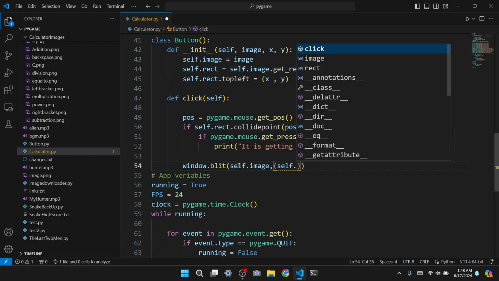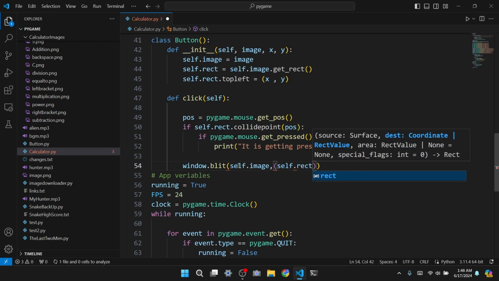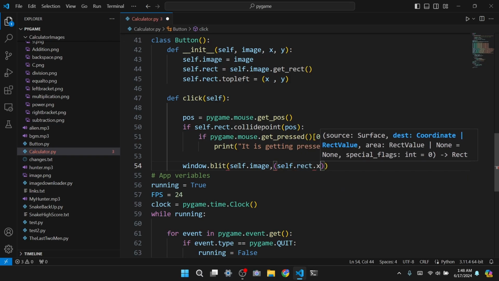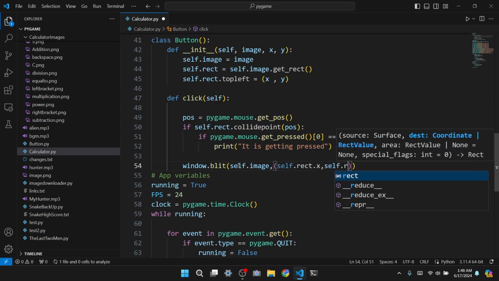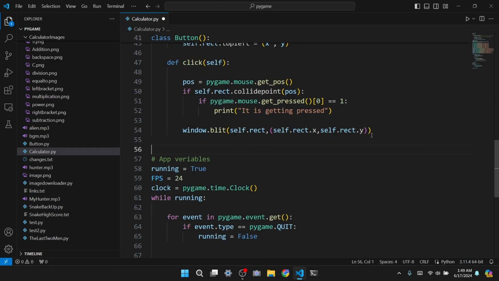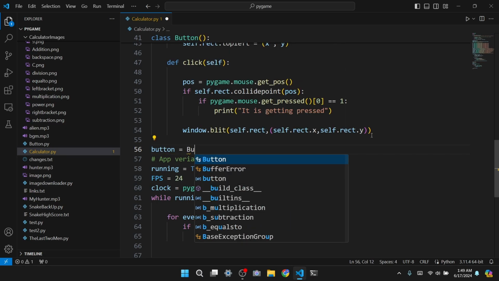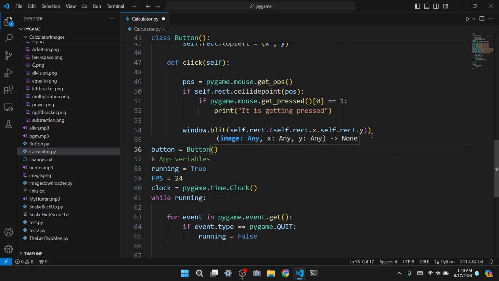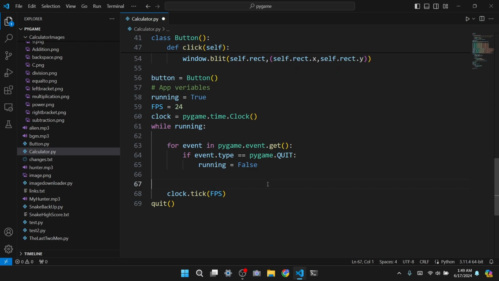And self.rect.x, then self.rect.y, then this should be self.rect. Alright, now this should be basic. Then button equals button. There we go. And in the game loop we're gonna run it, which is